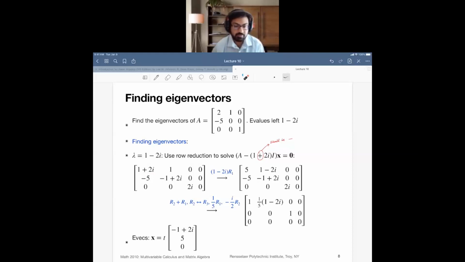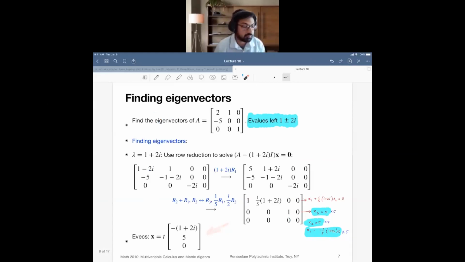Using similar steps as before, you are going to take a look at the solution. The eigenvectors are going to be of this particular form: t times negative 1 plus 2i, 5 and 0. And just as we said, they are the complex conjugate of the previous